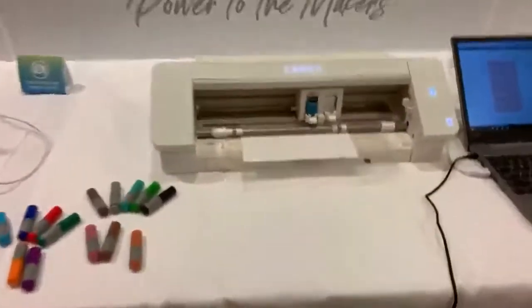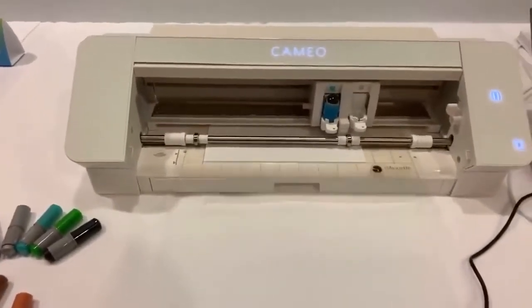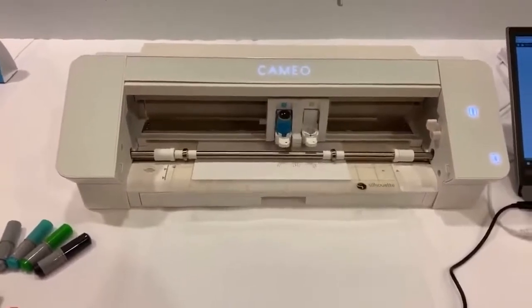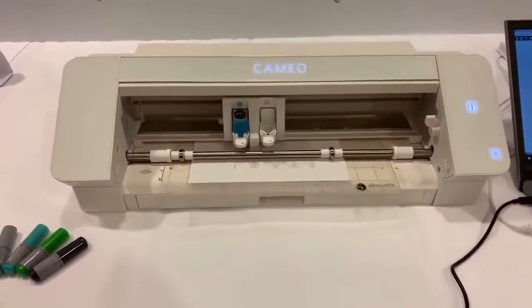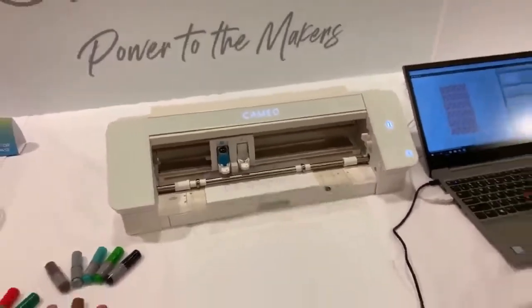Look at that speed! This is all about the speed. Look at that speed! Holy moly, guys! That speed is insanity. The plastic seems like...